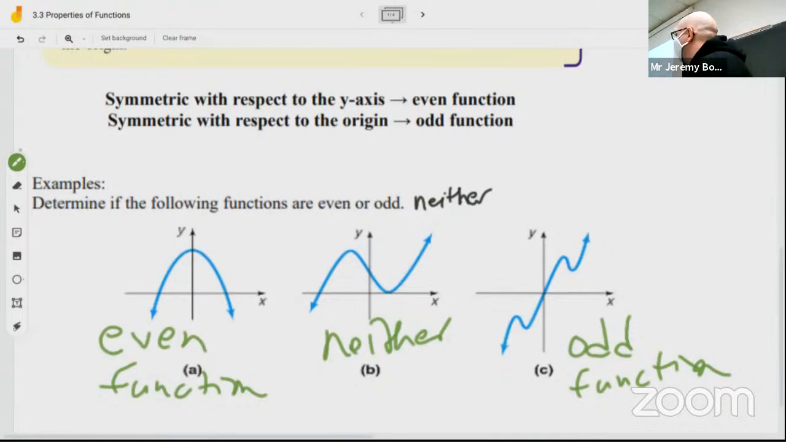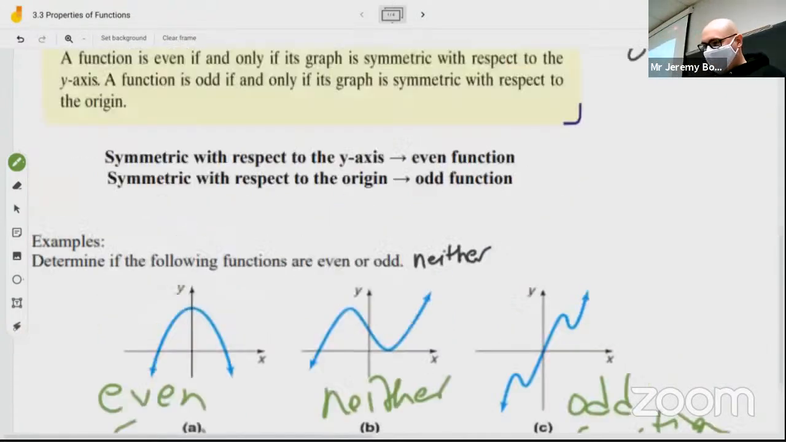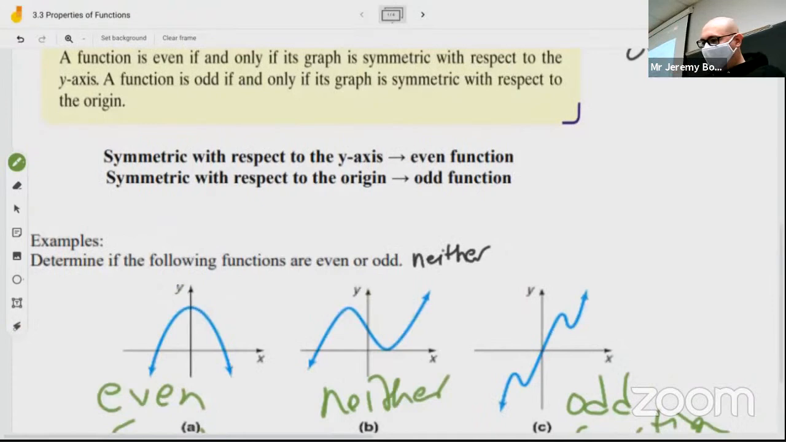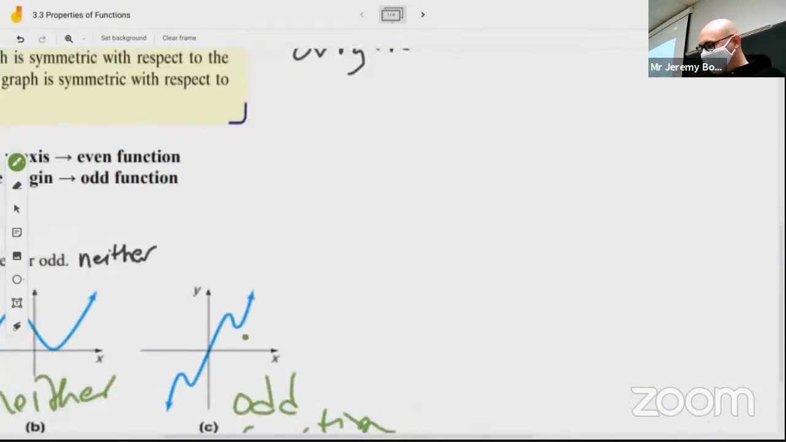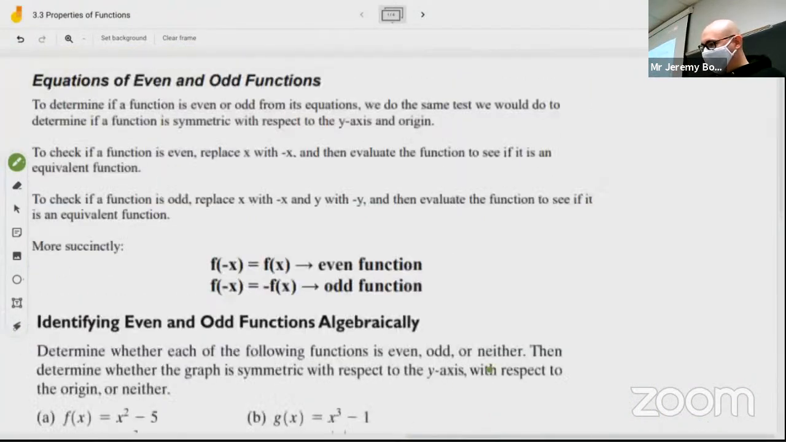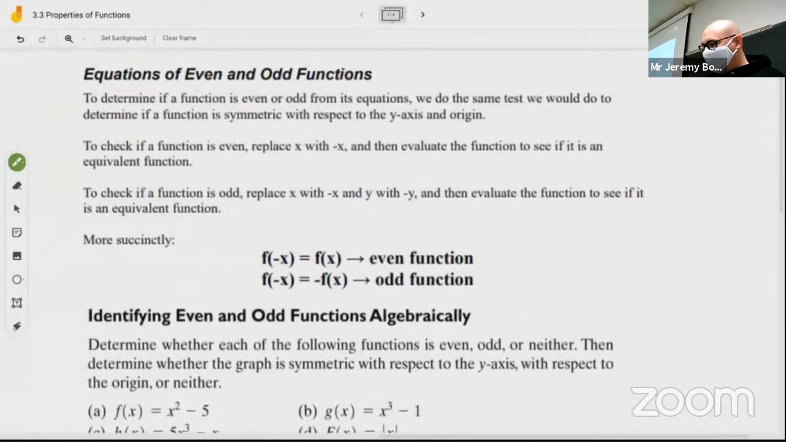Any questions on that? No? All right. Oh, I did not. Okay, good. Didn't you? All right, so